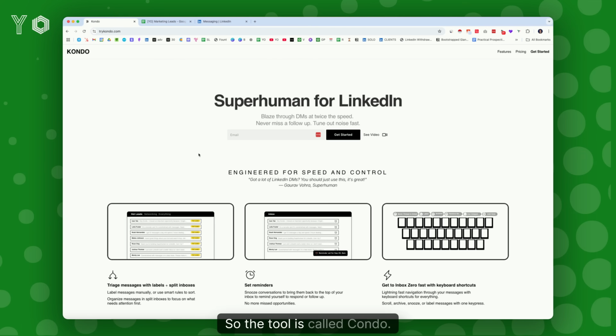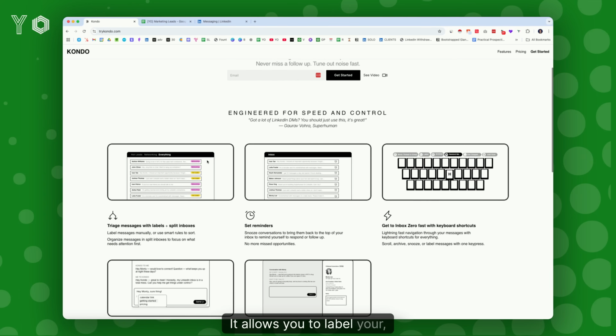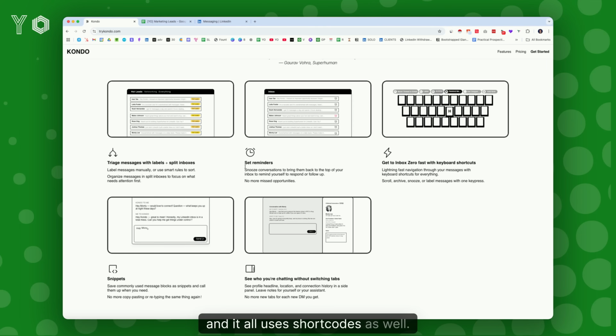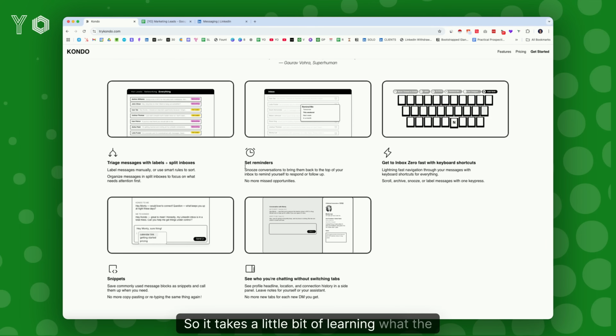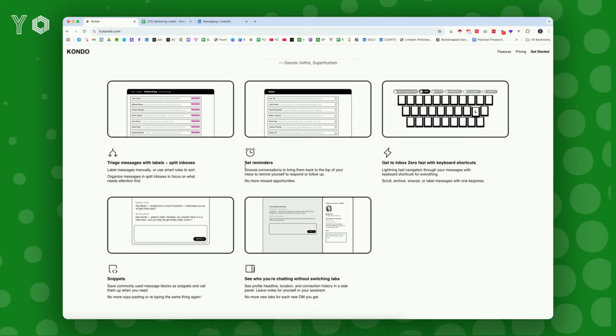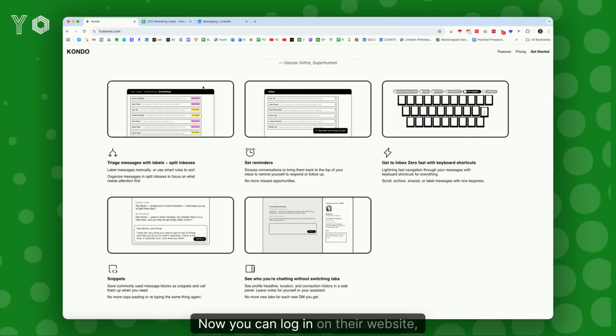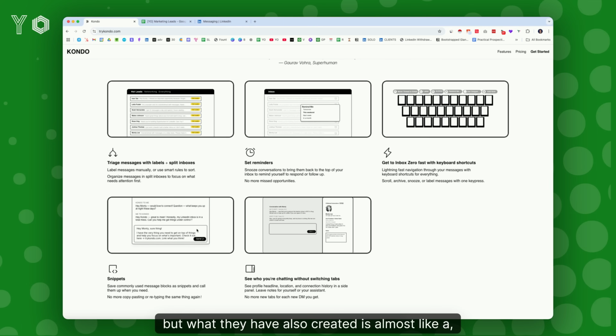So the tool is called Kondo. It allows you to label your messages. It allows you to have shortcuts, set reminders, and it all uses shortcodes as well. So it takes a little bit of learning what the different shortcodes are, but I'll walk through how I would use it. Now, you can log in on their website, but what they have also created is almost like a